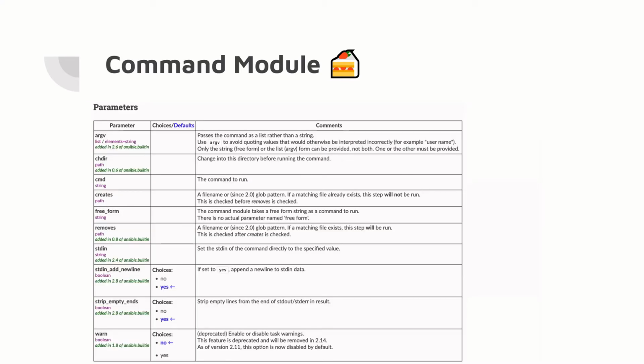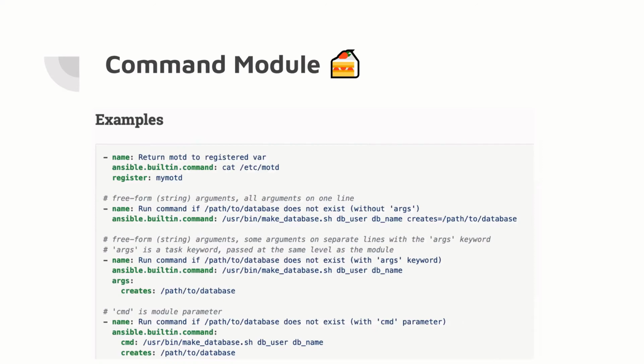Some more documentation down here shows you the parameters. This is all the input. So you can easily get access to what the defaults are, what my choices are, and how these different behaviors are going to impact how the command module, which is going to run a bash or a terminal command on the remote system, works. Some of the examples, if you want to cat the message of the day,